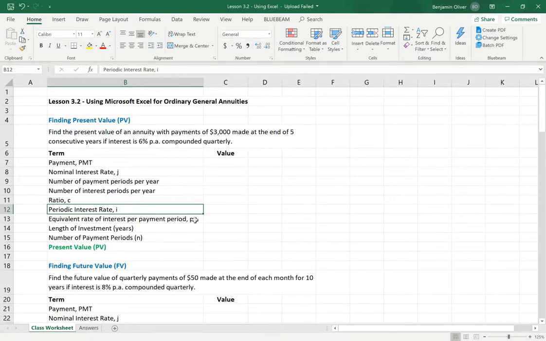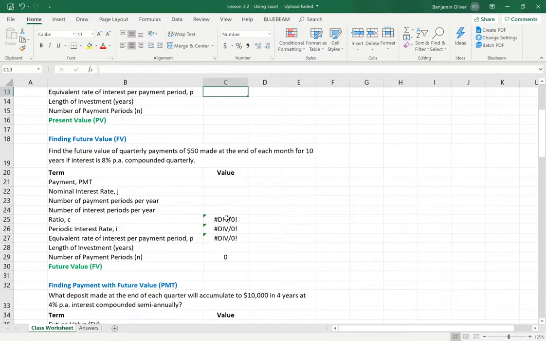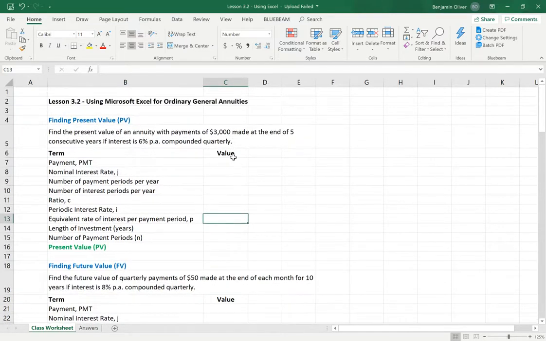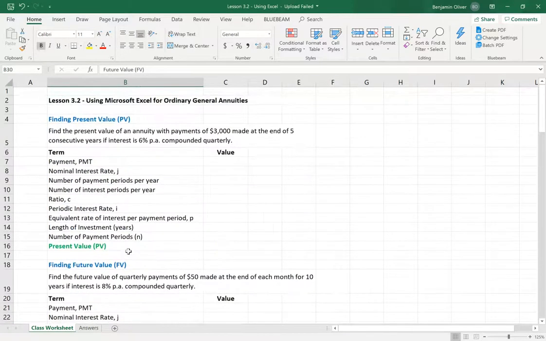So again, I'm going to go through a bunch of different examples, the same examples that we did in the last unit with just different compounding period and payment period frequencies. So I'm going to do the first question and show you all of the formulas, including the small ones in between for finding periodic interest rate and P and those types of items. When we get further on, I've already calculated those or shown them, and they're the exact same formulas that I used in the first example. The only formula that I will show you is the new one, which would be, in this case, future value